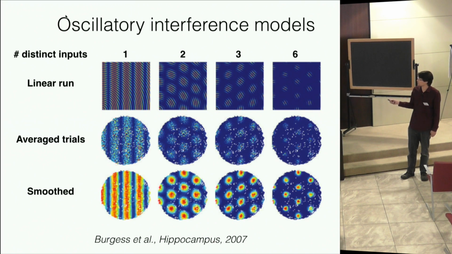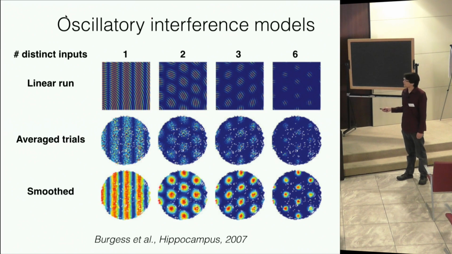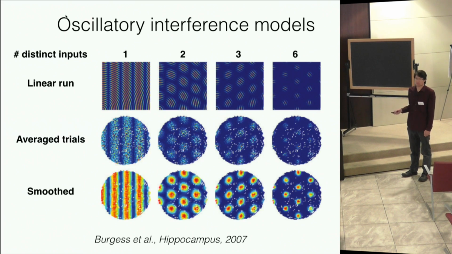And by that I mean, for example, for 3 distinct inputs, you have a 60-degree offset with your preferred head directions. Now that might be true, and there's a lot of evidence to suggest there are cells or projections that go like that, but it requires an awful lot of tuning even before you've established the grid cell. So I mentioned this primarily for